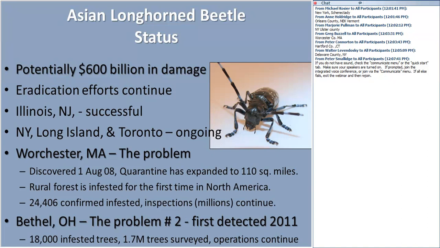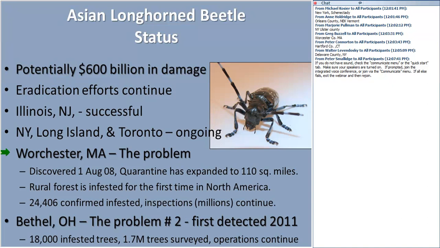And this is a pretty detailed economic study that went into generating that number. And it's a good one, because we need numbers like that to realize that our efforts put into eradication are important and very well justified. Eradication was successful in Illinois and New Jersey, and in Toronto it was successful, but lo and behold, they got a whole new infestation in Toronto, and so they're still working on it. Long Island, they are still working on it hard there. So we have success stories, and it's important to pay attention to that.